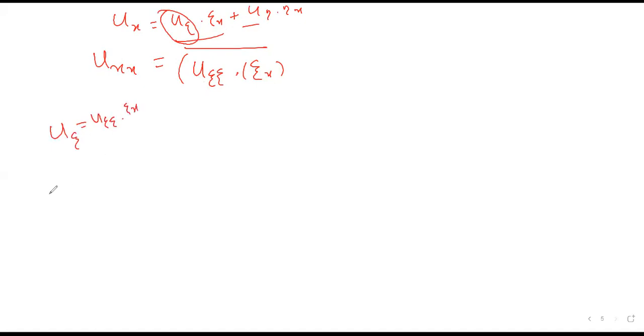For example, what if you have e to the power 2x, or let's say x squared? If I want to take d over dx, first of all I need to take the full function, and then I go inside the function, 2x. Did you understand? That's what is happening. First I take u_ζζ, then ζ_x. Already there is a ζ_x there, so that ζ_x also comes. Plus,